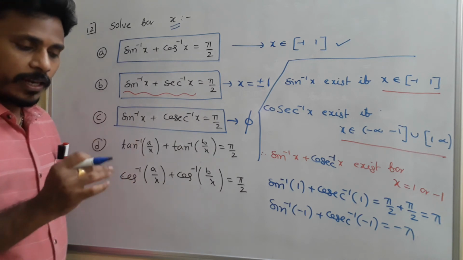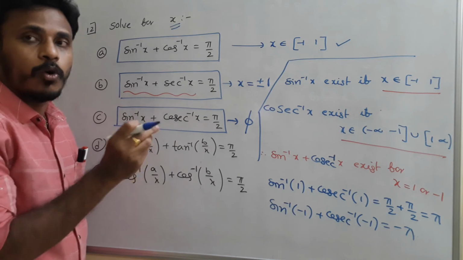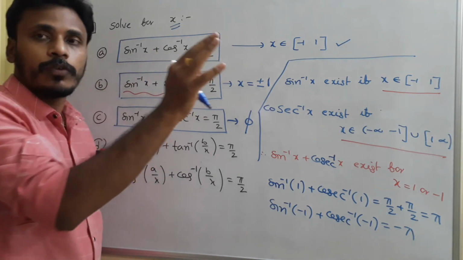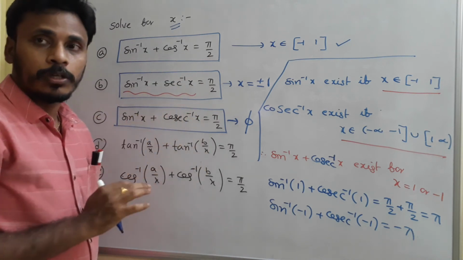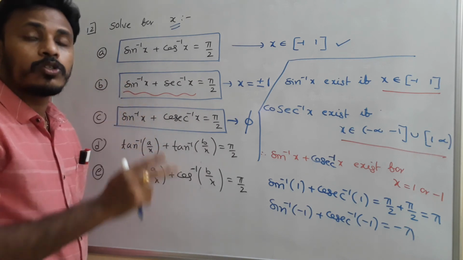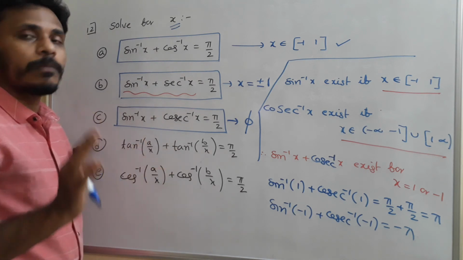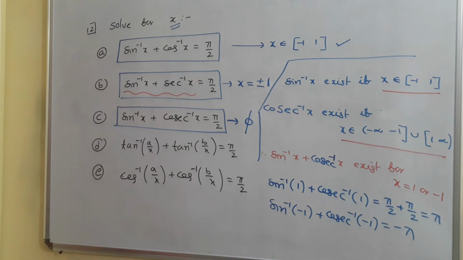Just have a look. Okay, very simple. So using the simple concept of domain and codomain, they are trying to find the values of x. For this problem, minus 1 to 1. For this problem, plus or minus 1. For this problem, no solution. Why no solution? The problem is valid for only two values and those two values are also not satisfying the given equation. Right. Just have a look, and then I have two more problems to solve.